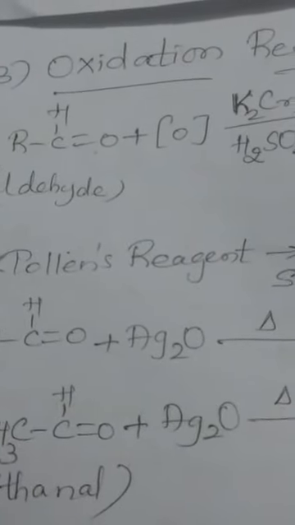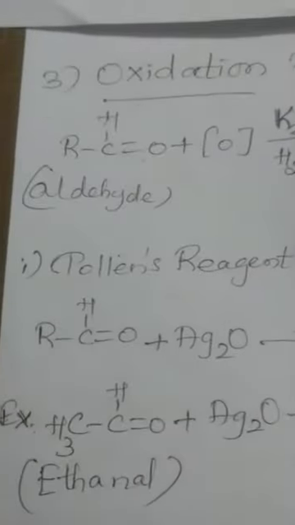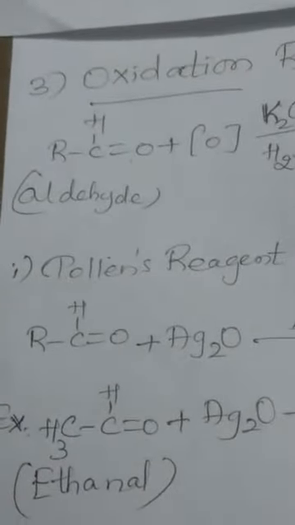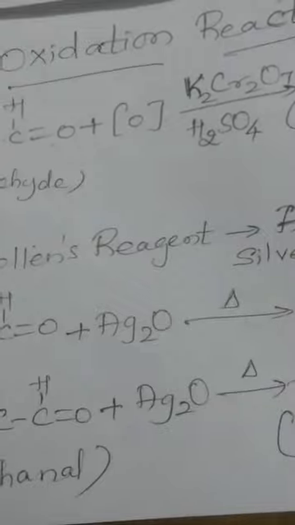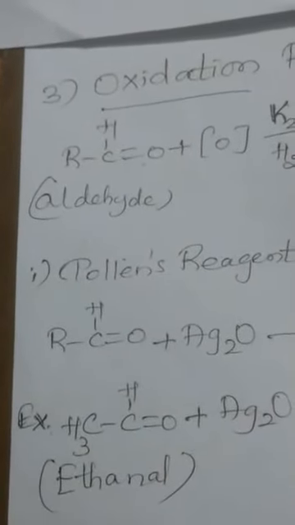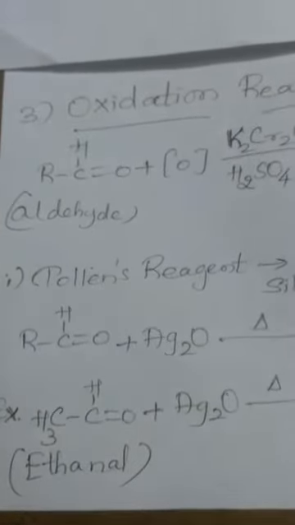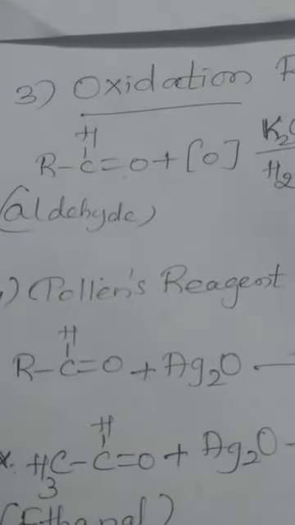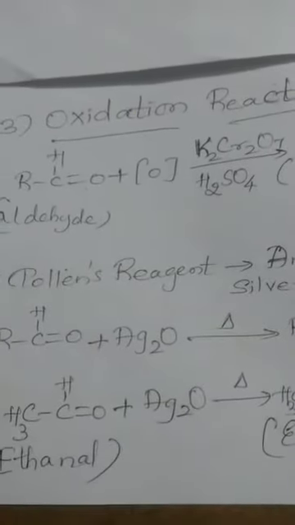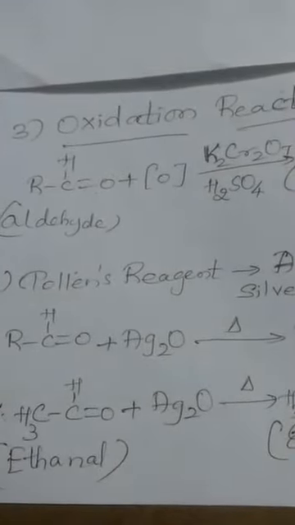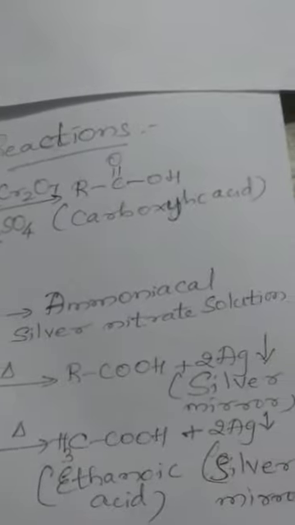Remember students, aldehydes reduce Tollens reagent to silver mirror on heating. Silver mirror, or sometimes you might also get a black precipitate on heating. Aldehydes, both aliphatic as well as aromatic aldehydes, reduce Tollens reagent. Remember this. So look at the general equation there: RCHO, R can be either CH3 or C6H5, plus Tollens reagent, that is Ag2O. Oxygen adds on to RCHO so as to form RCOOH, that is carboxylic acid, and 2Ag.